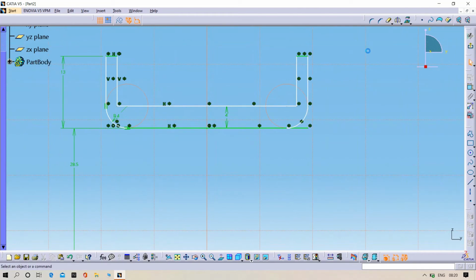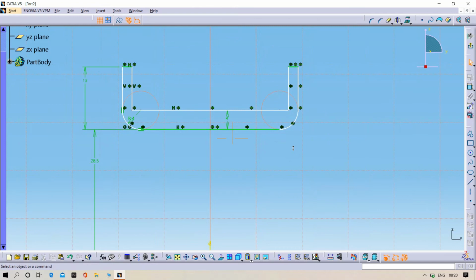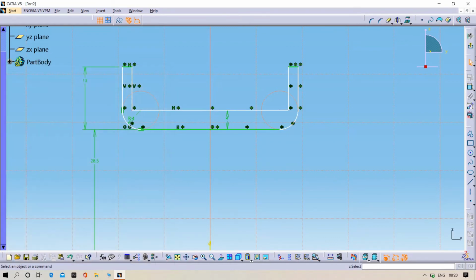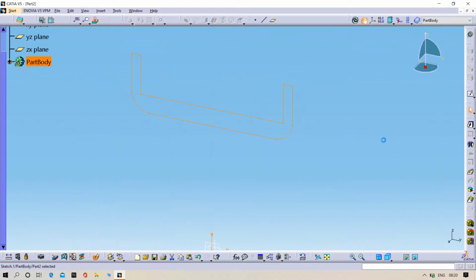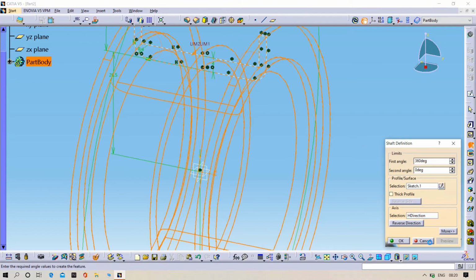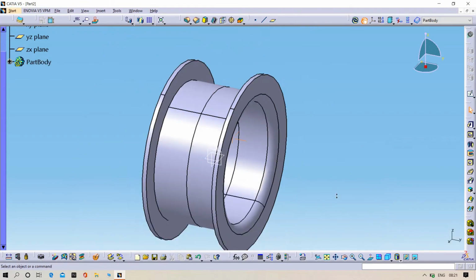And then trim the unnecessary lines. Then check the sketch analysis. Once this is closed, you can exit to the workbench, select the revolve command and then revolve and preview, then click OK.